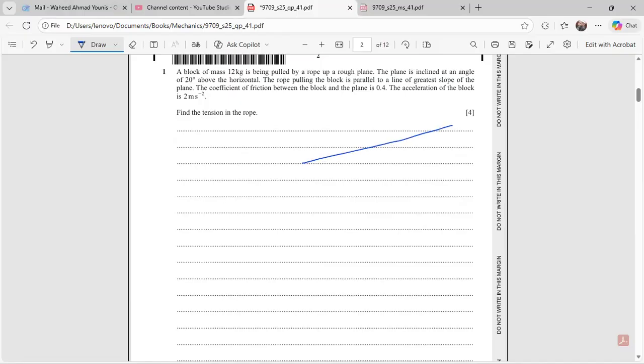We have an inclined surface which is making an angle of 20 degrees with the horizon, and on the surface there's a block, and the mass of the block is 12 kg, and it is being pulled by some force of tension T. Now the block is being drawn downward because of the slope, and that downward force is mg sine theta, right? At the same time, there is a frictional force which is opposing this movement, and that frictional force is